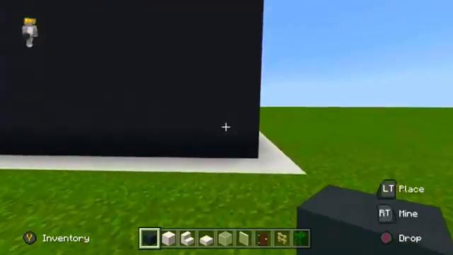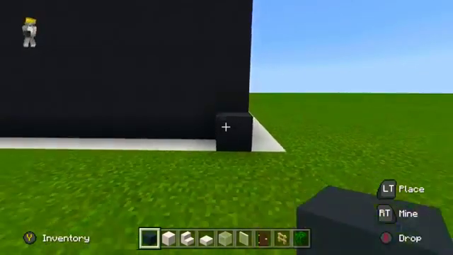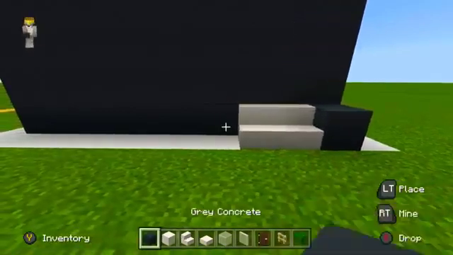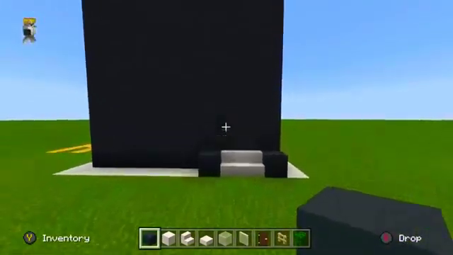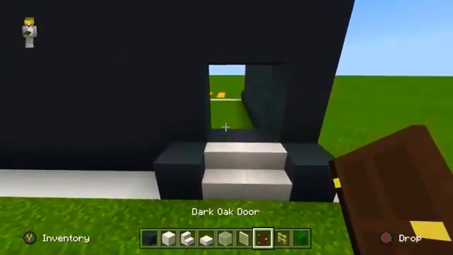So there is a back entrance on the back corner of the house. I'm going to place a grey concrete here extending out the back right corner, a double quartz stairs and a grey concrete on the end. Place a double dark oak wood door above and